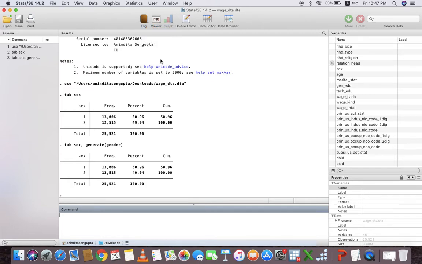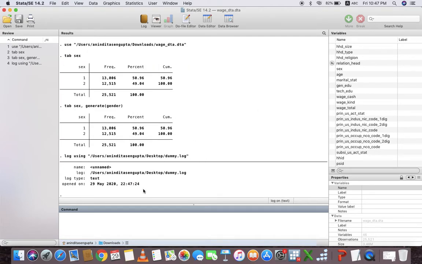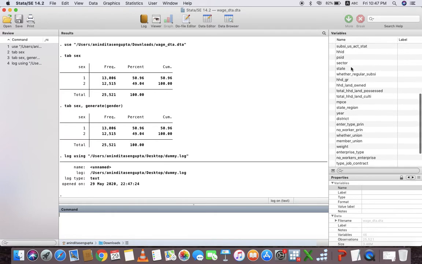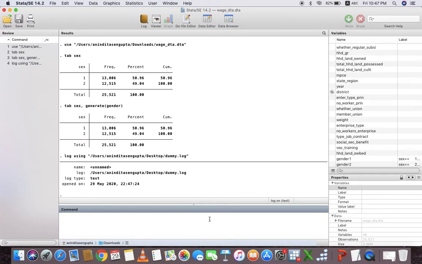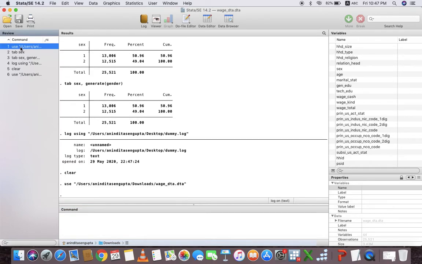So, begin a log file, whatever name you can give. I have already sent you the log file. So, you just start with a log file. We have to create it once again, otherwise our exercise will not be included. So, we have to clear everything in the beginning, and then again open the wage data.